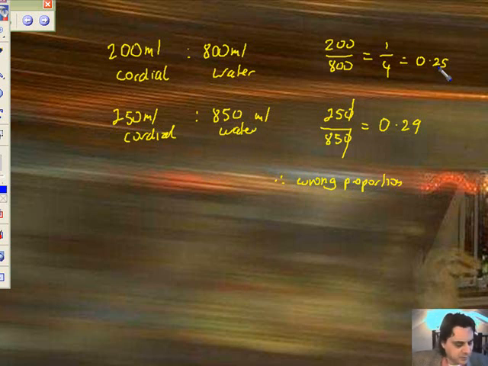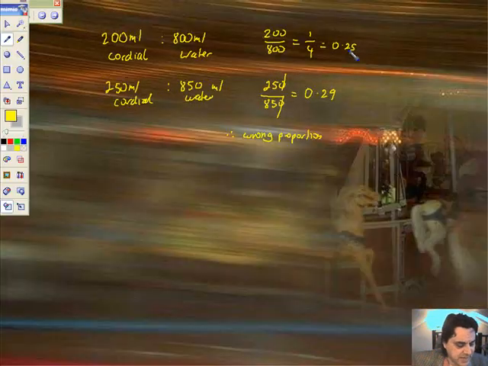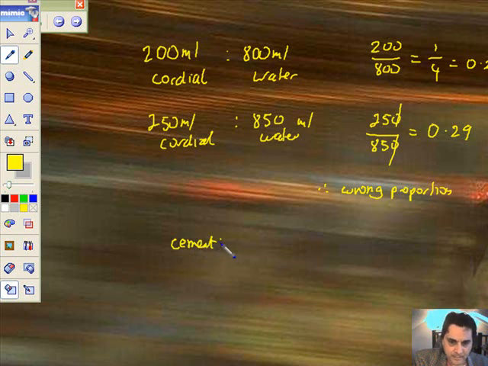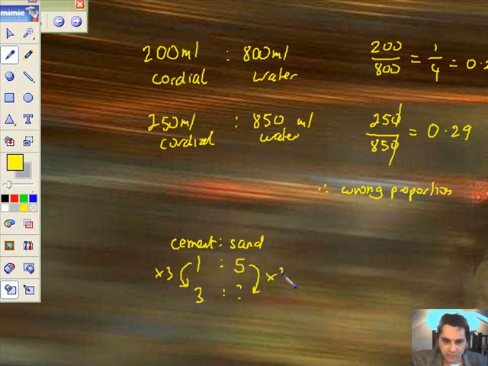Let me do question 4. A builder makes mortar by mixing cement and sand in the ratio of 1 to 5. So let's just write it here. So cement to sand. Now mortar is what you put on bricks to stick them together to make a wall or something. So cement to sand, 1 lot to 5 lot. That's the proportions. How many buckets of sand does he need to mix 3 buckets of cement? Well, essentially, this is the question. How do you get from 1 to 3? Times by 3. So therefore you multiply the 5-part ratio by 3, and therefore I need 15 buckets of sand to match the